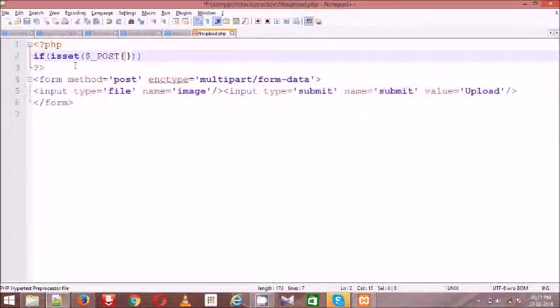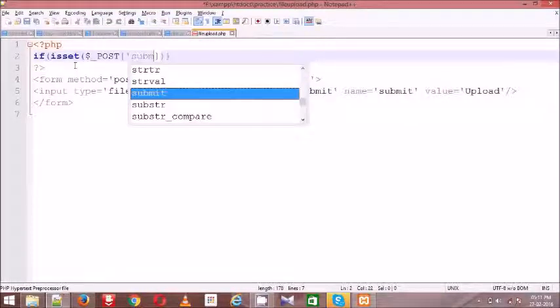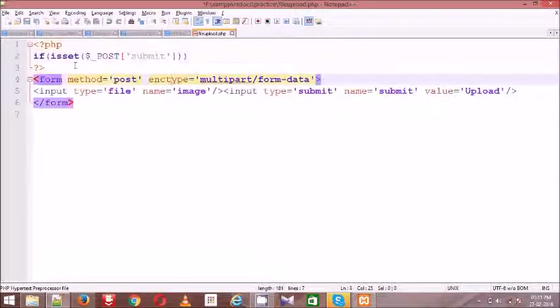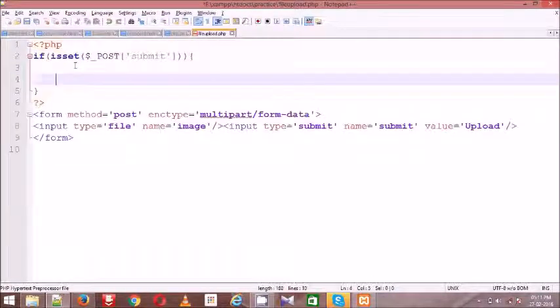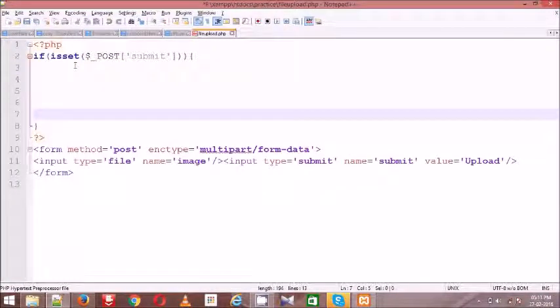It's not mandatory in production servers, because in production we mostly hide notice errors, and isset can handle only notices, so it's not a big issue. In real time we can write it directly. Here my field name is submit, and I am checking whether the file is submitted or not.